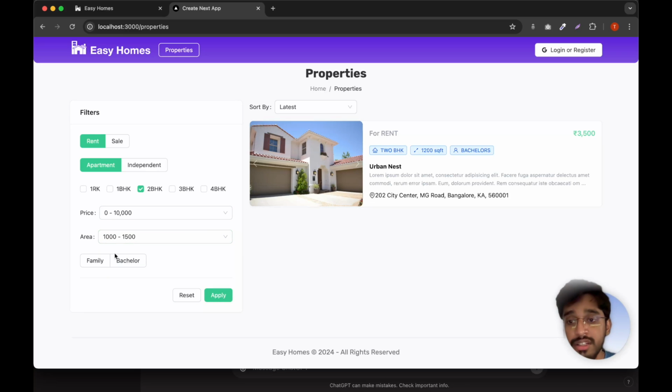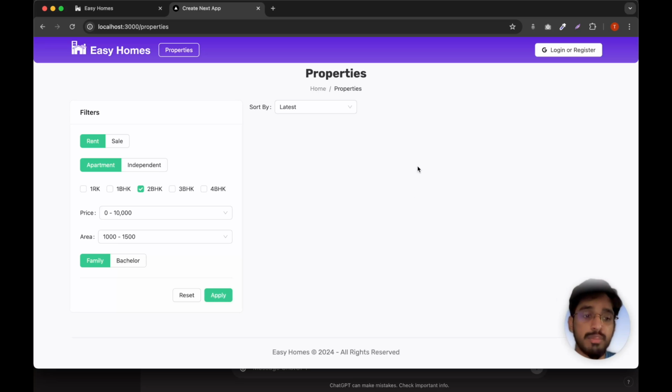Good. And let's check for family or bachelors. This one is for bachelors. So if I click on bachelor, I should still be getting this, and if I click on family, I should not be getting any properties. Alright, so all of our filters are